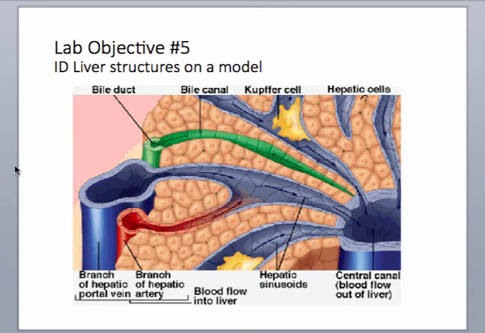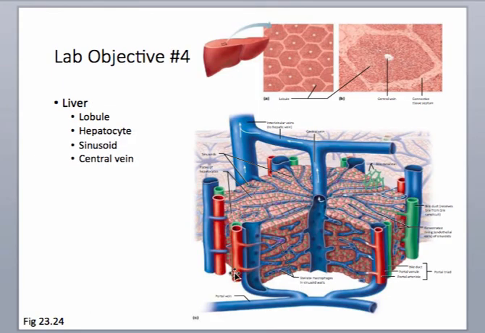What we can also see here is the bile. I'm going to go back to that first slide that we looked at on slide 16. So we have those same structures here. Here are the sinusoids. Here are branches of the hepatic artery and the hepatic portal vein. And then these little green things over here are called bile canaliculi. So bile canaliculi are basically canals that connect cells and connect the bile ducts to collect all the bile